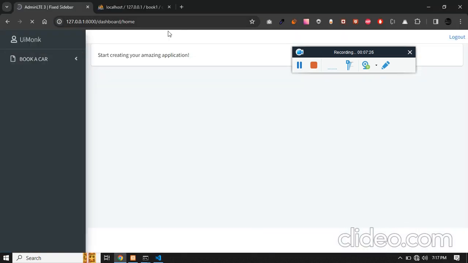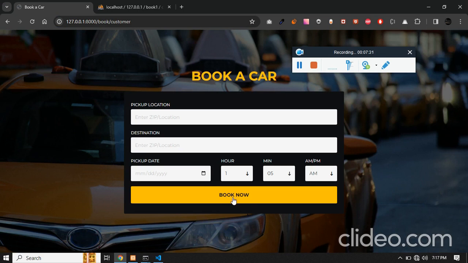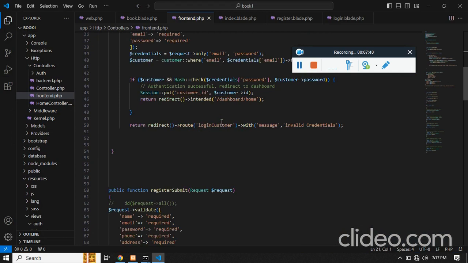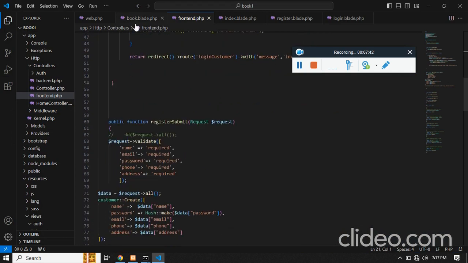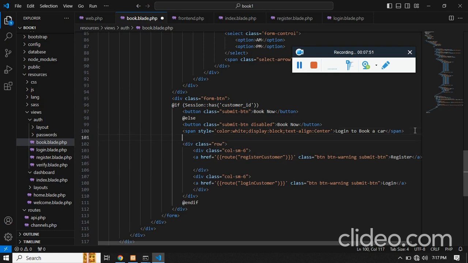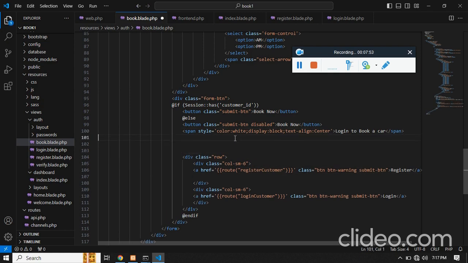Let's just see. If I click on book a car, you should see a link for book a car. And if the session is available, in the book a car, we can also have a row again for view dashboard. Row